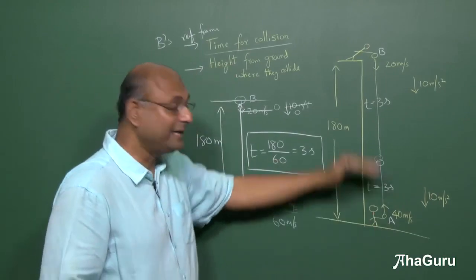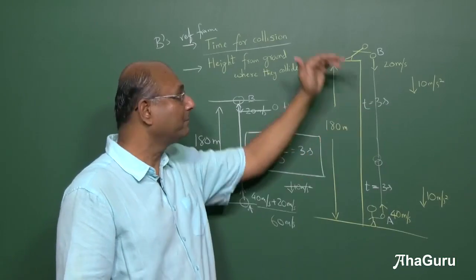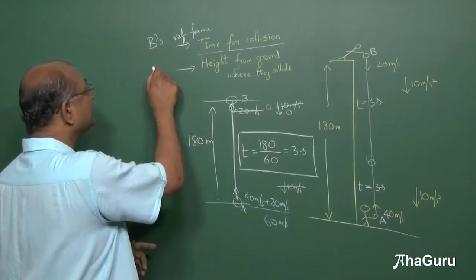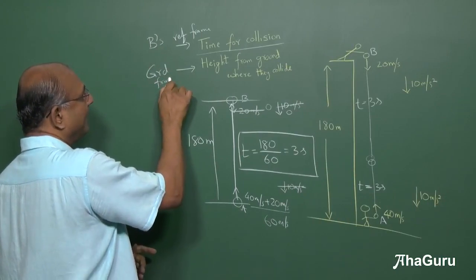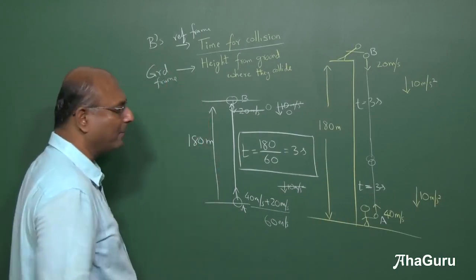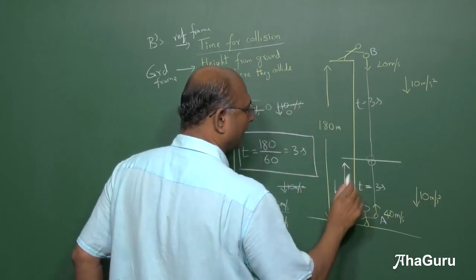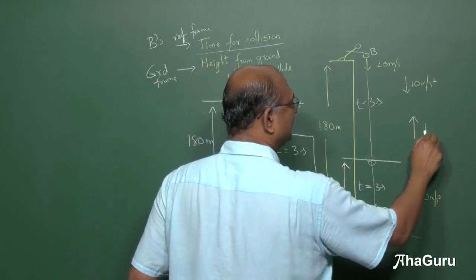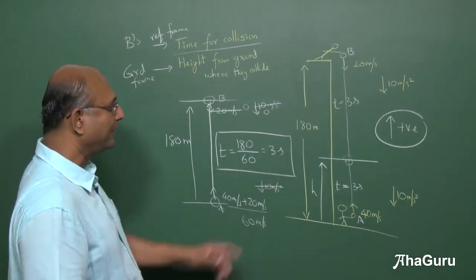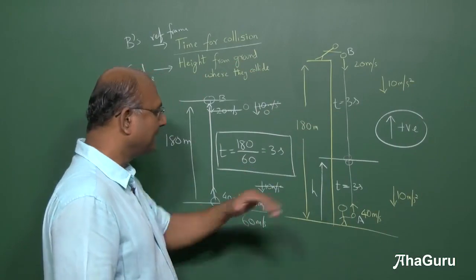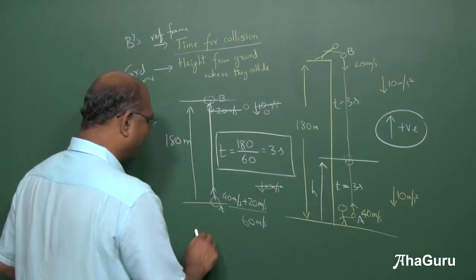But when you're looking at the height from the ground, you still need to worry about the ground. You can do the problem from B's reference frame, but it's a lot simpler to do it from the ground frame. And this is the usual frame, so there is no big complication. So we want to find out what is this height h. Let us assume that upward direction is the positive direction. So if upward is positive, then I can just directly write S is equal to ut plus half a t square.